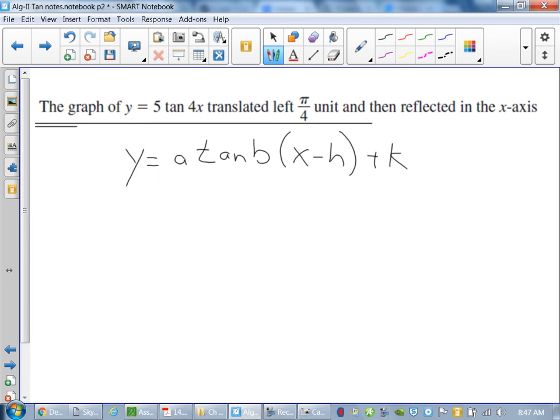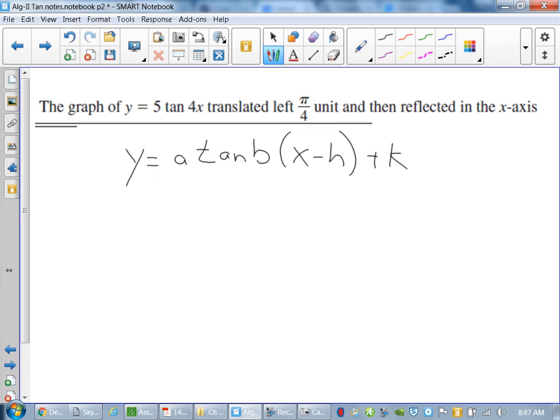Anyway, so we get to this. If you are translating left, remember when we talk about translation going left to right, they sometimes call that a phase shift. This textbook doesn't usually call it a phase shift, but I know in pre-calc they call it phase shift. And some of the problems I have for you guys in a little bit also call it phase shift, just so you get the idea of the vocabulary.